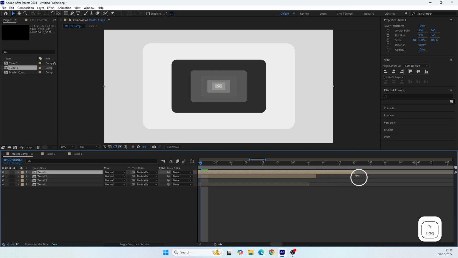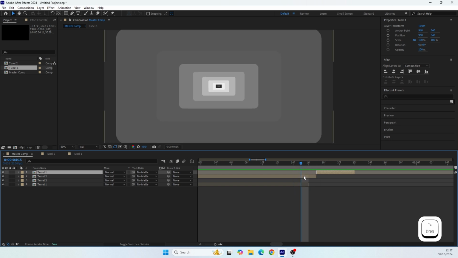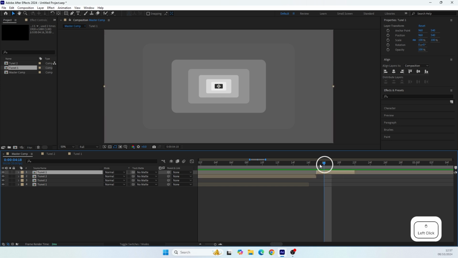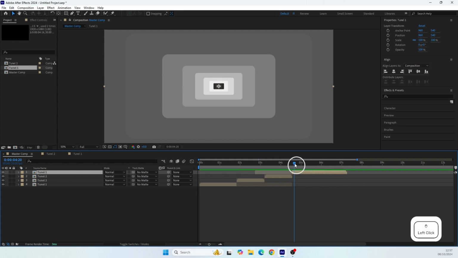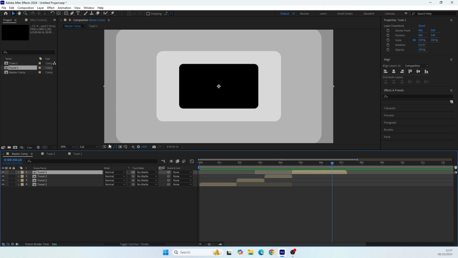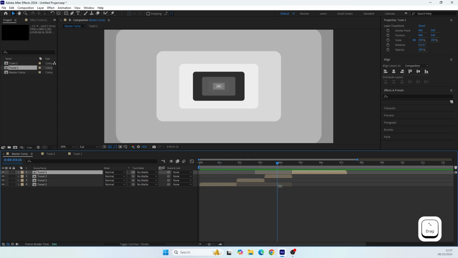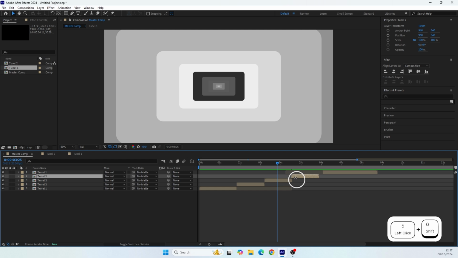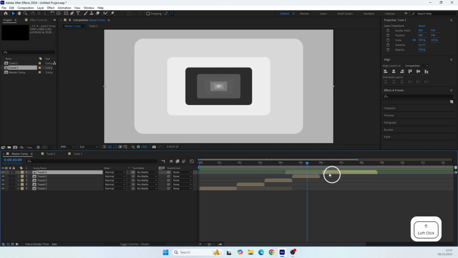Now we need to crop this pre-comp from its beginning, so it starts from this point in time. The looped pre-comp's final frame looks like this, and the first frame of the not looped pre-comp looks exactly like this, and it creates a continuous motion in the sequence. Just in case you want to make the tunnel animation last a bit longer, just duplicate the looped pre-comp one more time, place it here, and combine the last pre-comp to finish this sequence as we did earlier.